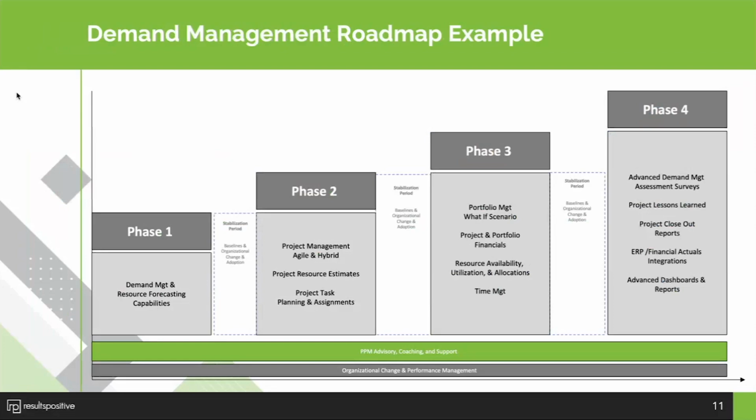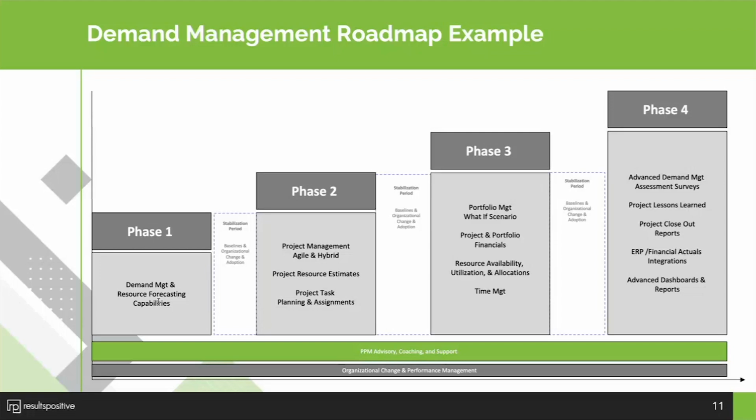So next, what I wanted to provide is some examples of those roadmaps from those starting points. And so here I have an example of a demand management overall roadmap. So basically setting up that intake process, and here we're recommending having some of that initial resource forecasting capabilities. So putting in those resource assignments, those resource plans, so you have those estimates. So not only do you have that proposed project coming in, but you have an idea of what the estimated